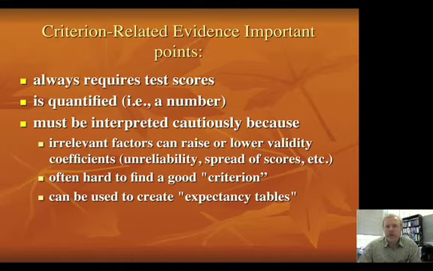So it's easy for us to create an expectancy table, or in other words, for us to create a prediction about how well you're going to do based on the fact that you're male, you're between the ages of 30 and 45, you're perhaps a non-smoker, and you're married and you have 3 kids. And so insurance companies use expectancy tables all the time to assess what they call risk ratios. Well, we can do the same thing in education. But it's a dangerous practice because it's a summary across many individuals.